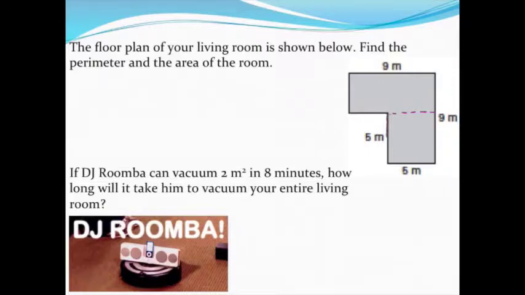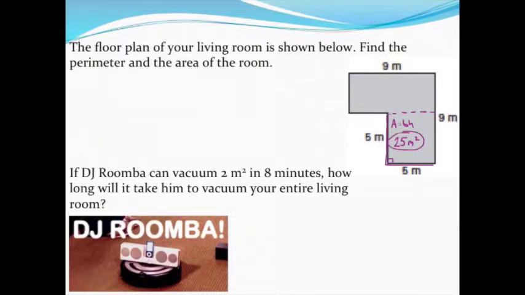So looking at this lower rectangle, it turns out to be a square since I see the sides are 5 by 5. So that has an area of 5 times 5, since the formula is just base times height, and we're assuming that the living room has right angles, I suppose. 5 times 5 gets us an area of 25 meters squared. So I like to write the answer right in the diagram and then circle it